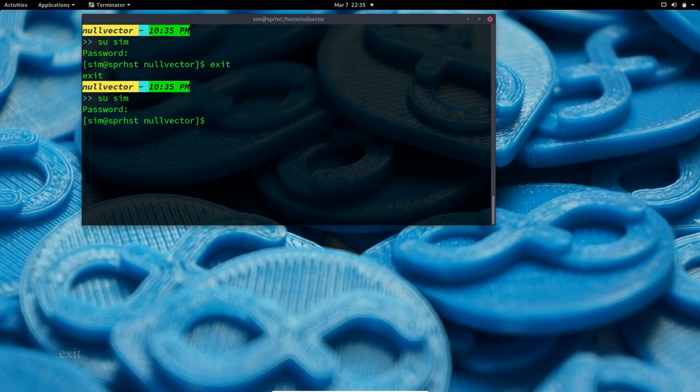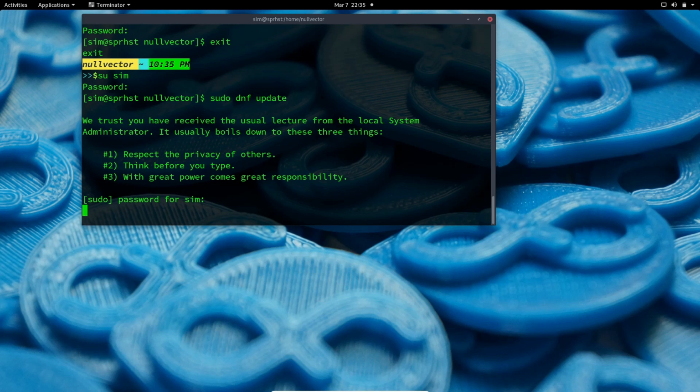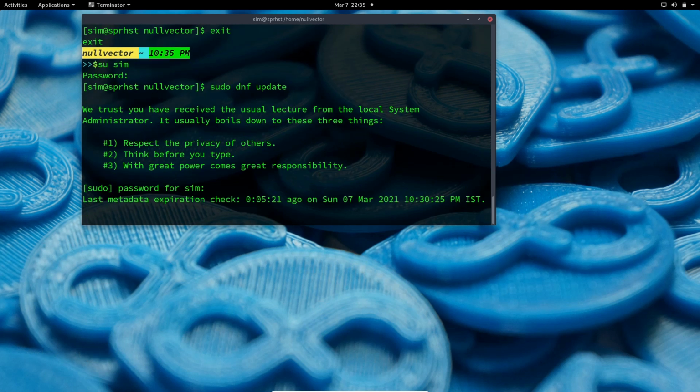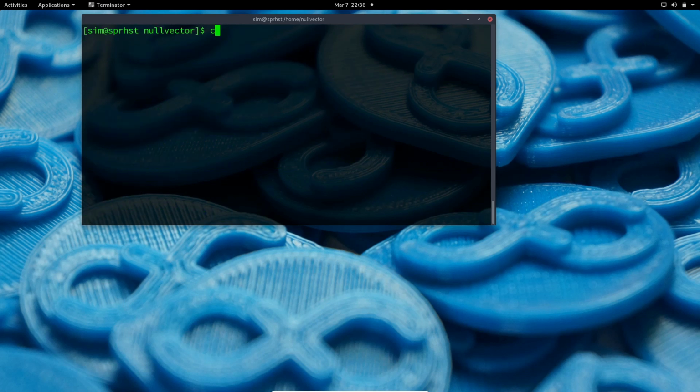If I type sudo dnf update, for example, it will allow me to perform updates because sim is a part of the wheel group, so he or she can use the sudo command or super user privileges. So if I exit,